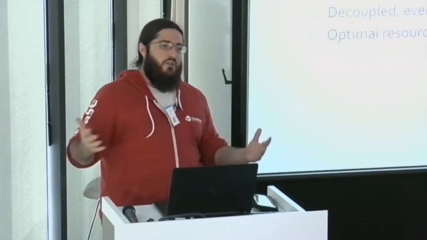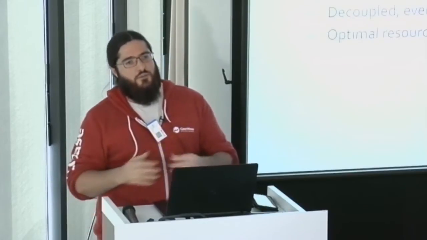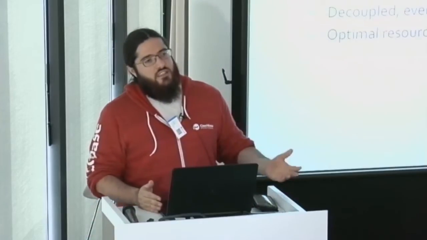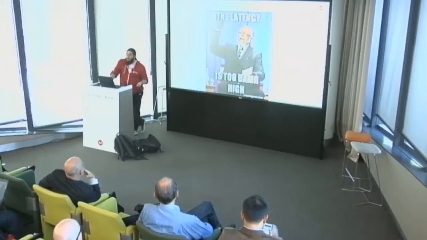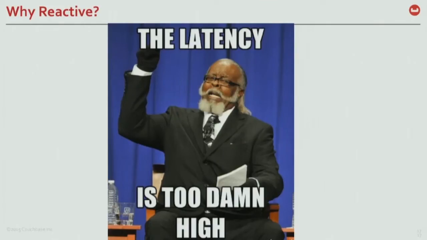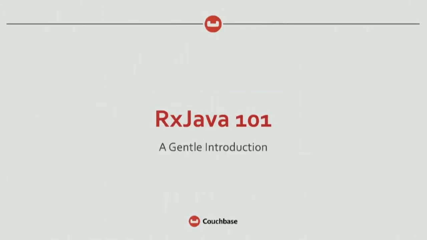And in the modern world of distributed applications, distributed databases, the more distributed you are, the more you increase your chance of having issues. And if you have issues, you want to react to those issues. So that's why reactive is important and interesting when you do distributed applications. That's one of the reasons, latency as well. If you're waiting for all the threads of all the requests to be available, then it's just freaking slow and you're unhappy and the world is bad and you choose another application. So that's why you would use RxJava, why you would use Ratpack.